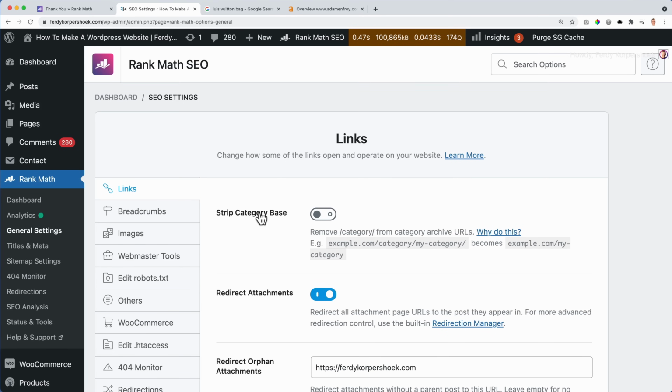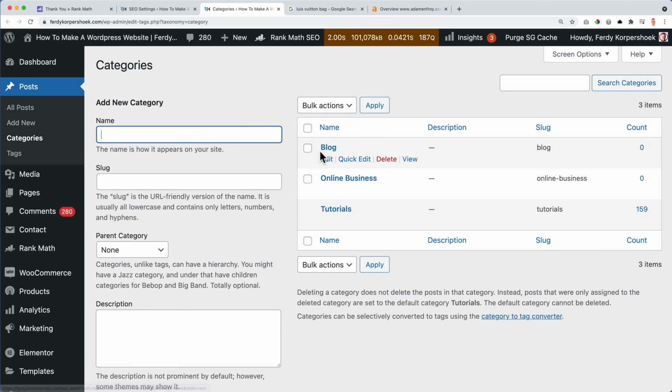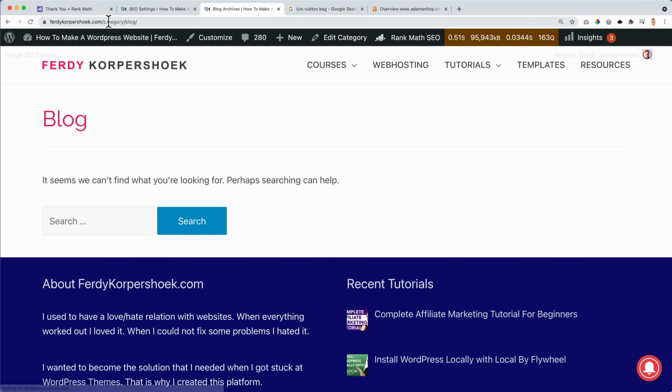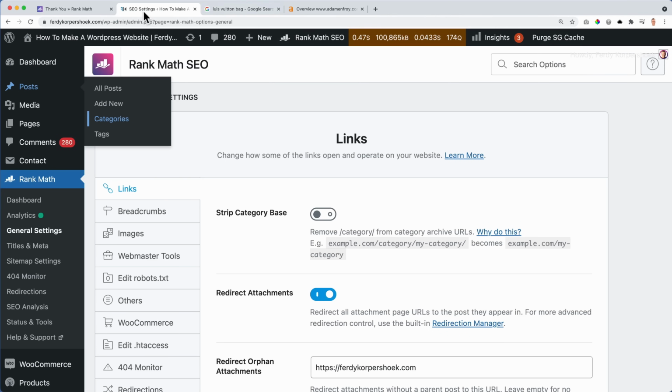So the first thing over here, if I go to posts, categories, I open it in a new tab, and I view blog over here. What I see in the link is ferdykorpershoek.com/category/blog. I can get rid of this category thing. I think that is better when you get rid of it. It has no influence on the SEO score, but if I want to strip the category base, I go from category to no category, just blog.